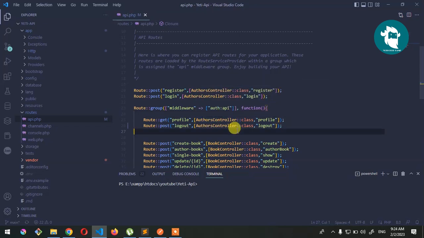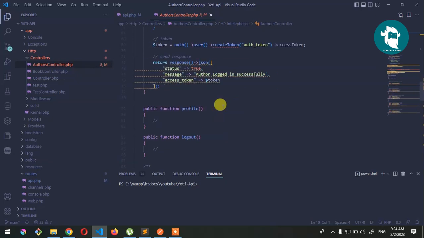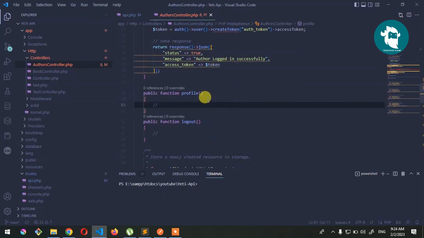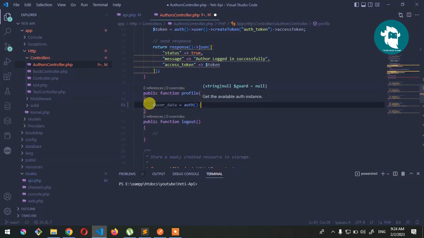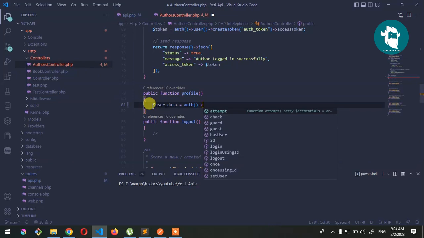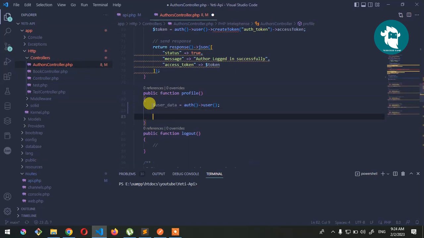So open this AuthController. Now let's go to profile. Then in profile, what we need is $user to get the user data. For that, we can use this function provided by Laravel Auth. What it does is it will give all the data from the authenticated user. Now after that, let's return